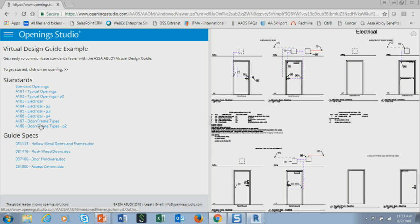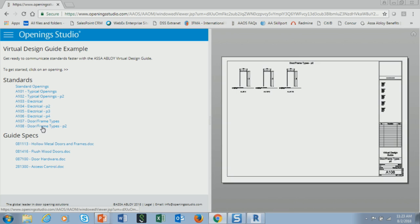We also have the ability to create elevations or sheet views of doors and frames to save some time for those in internal planning departments or even your external design partners again. Also able to upload any guide specs that may have supplemental information that you want to provide. Typically this is going to be a Word document that the architect is going to utilize within their specification section. So maybe it has details like all our exterior doors are stainless steel pin and barrel hinges that we require on them,